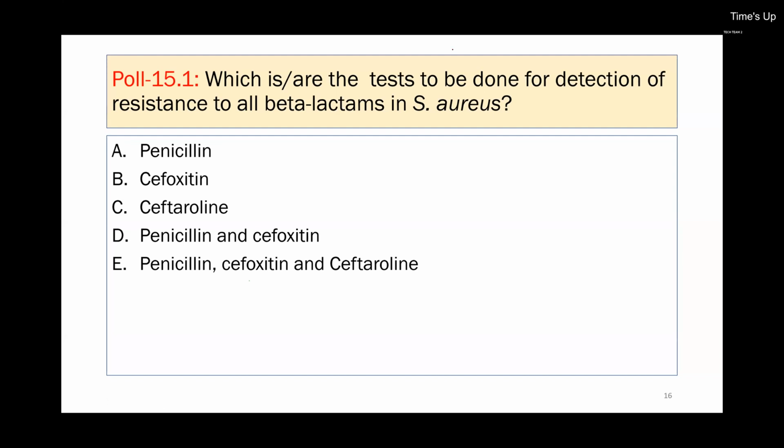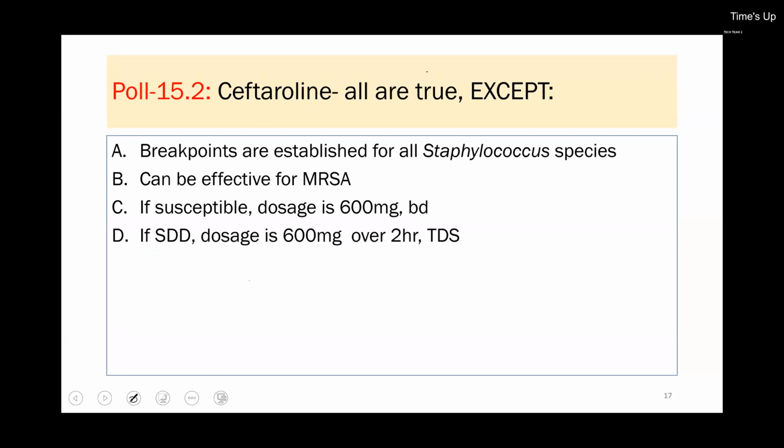So it's an easy question. We have just discussed this, that if you want to detect the resistance to all the beta lactams, that my isolate is resistant to all the beta lactams available, we can simply use this combination, that it can reliably detect. As you can see in the question, it was mentioned Staph aureus, that gives the clue. Next: ceftaroline, all are true except